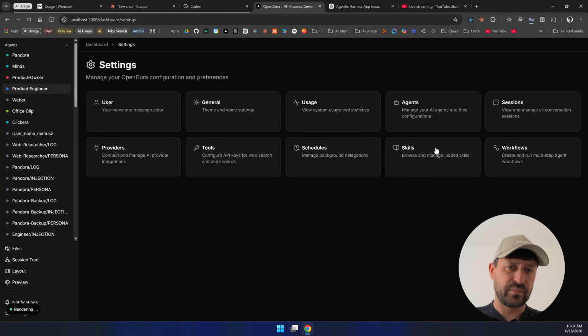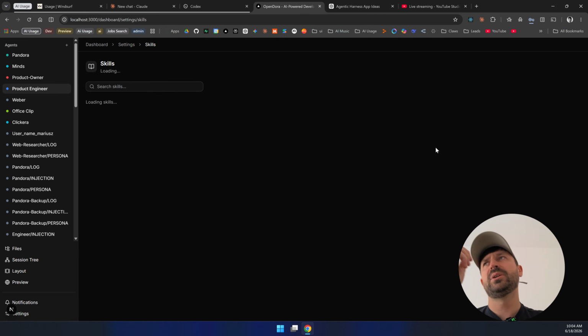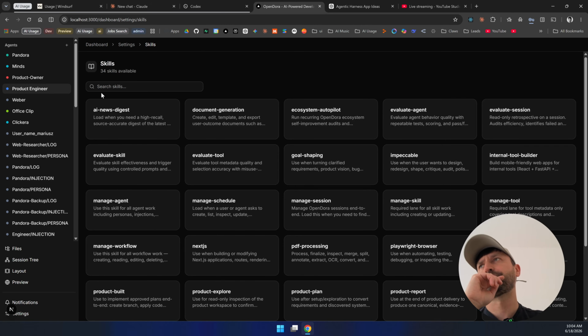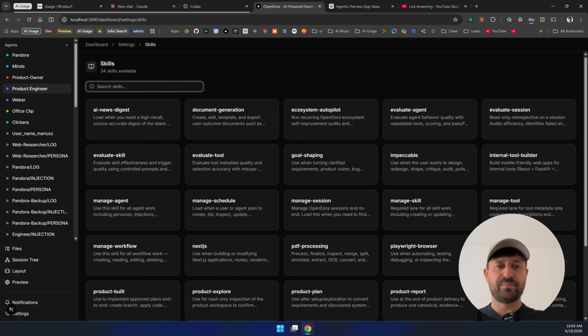Two main skills will be requirements. Requirement skill is a simple skill that helps to pick the user's brain, asking questions one at a time, to make sure that there's a picture